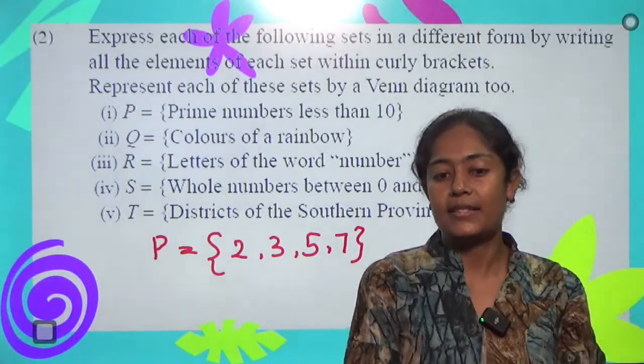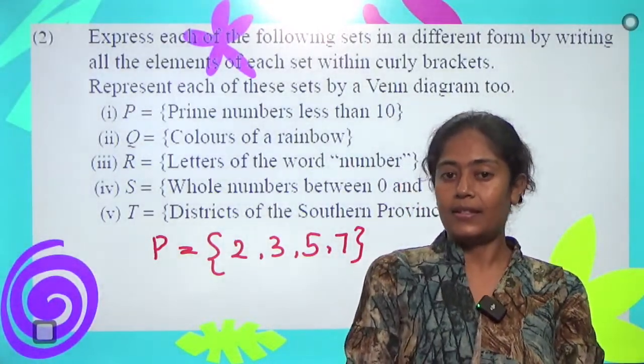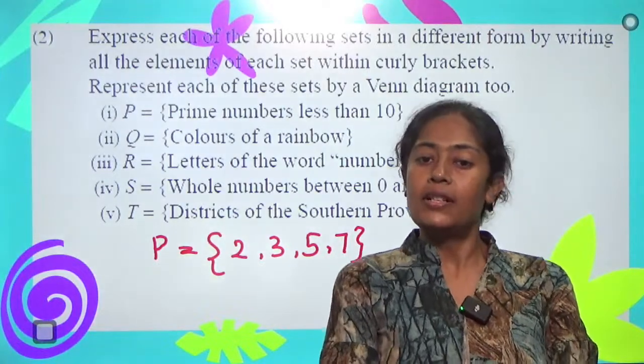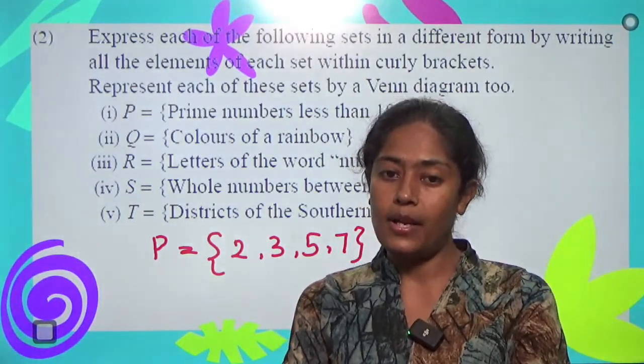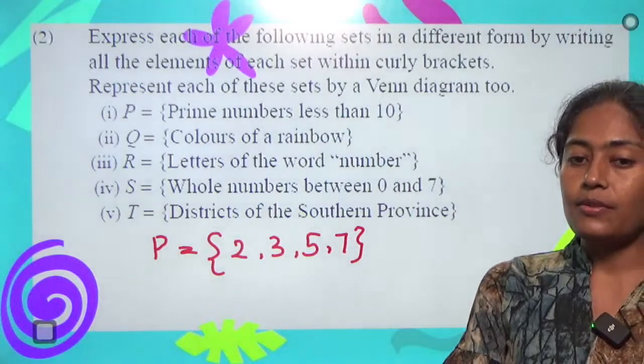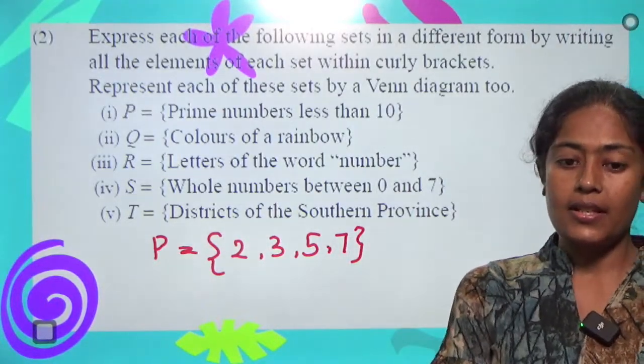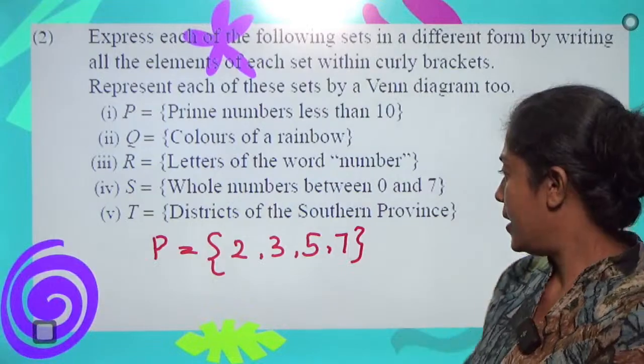The last one, districts of the Southern Province. What are the districts? Galle, Matara and Hambantota. Yes, Galle, Matara, then Hambantota. All the elements you have to separate by using a comma, right? Then next one,